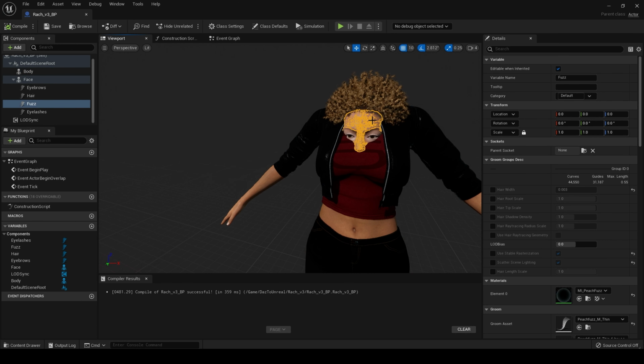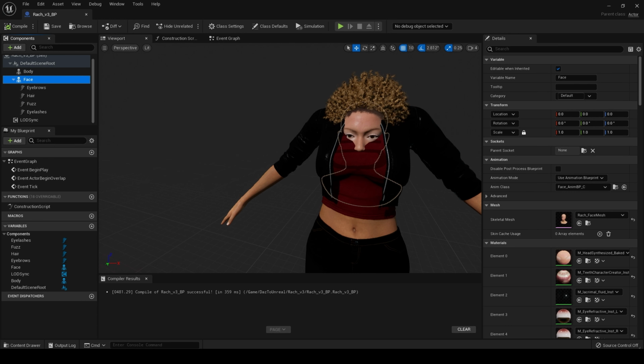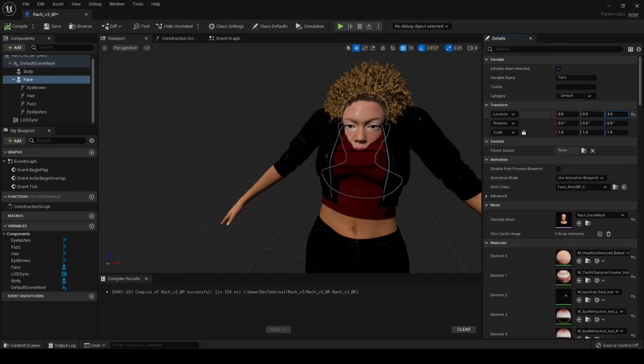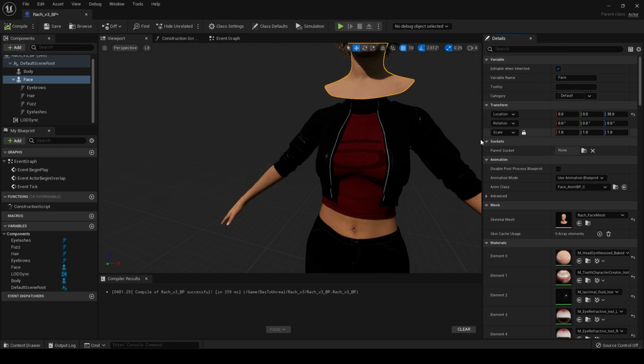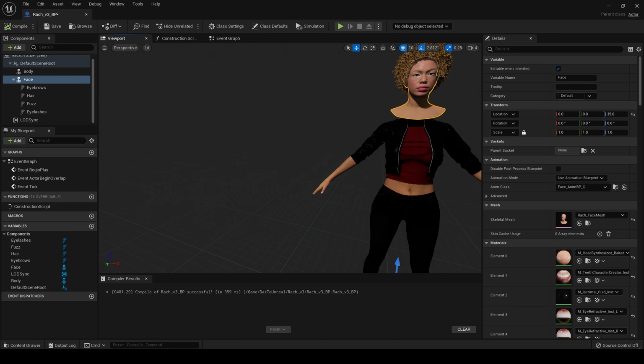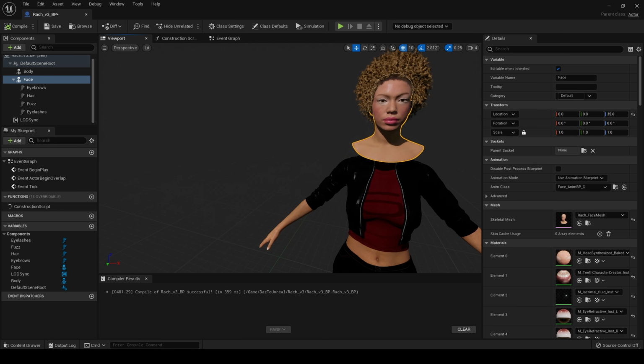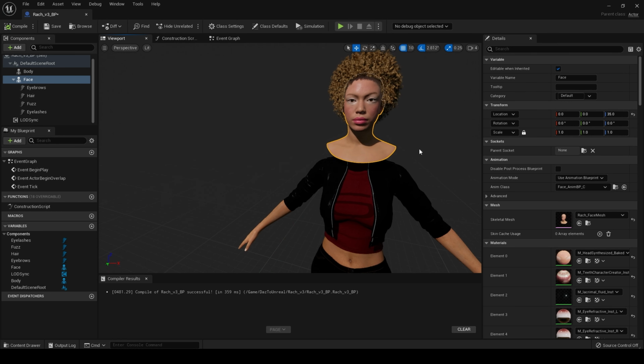I want to just lift the MetaHuman head up, so I select face. It's just so we can see it for the time being. There we go. Now, the first thing I think we're going to approach is we're going to attach the MetaHuman head to the body. I will deal with poke through and the neck further down the line, but first thing is first.